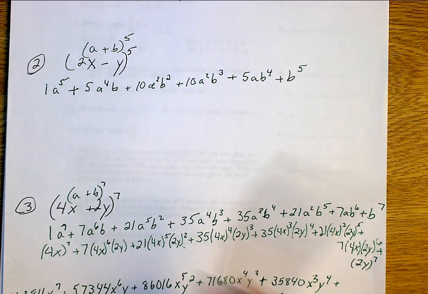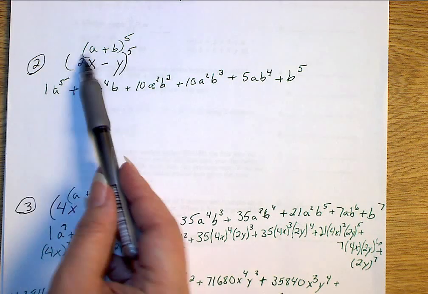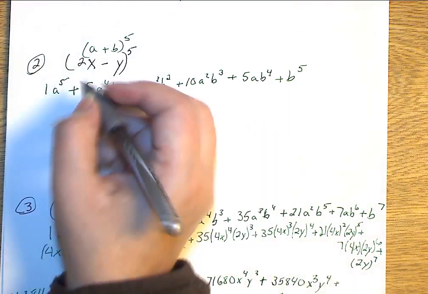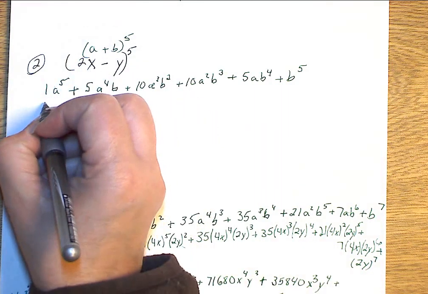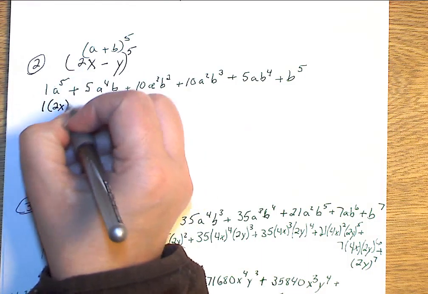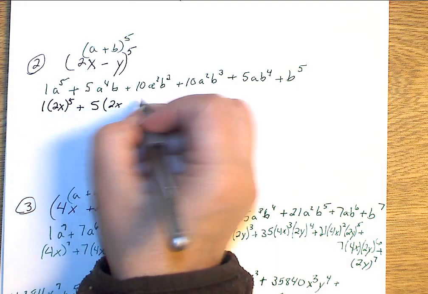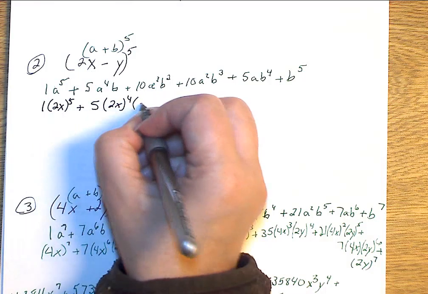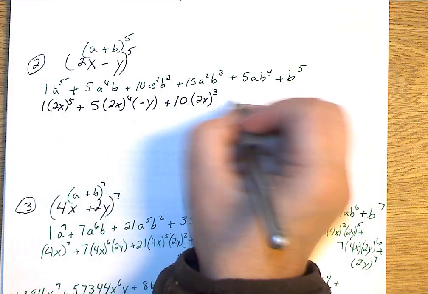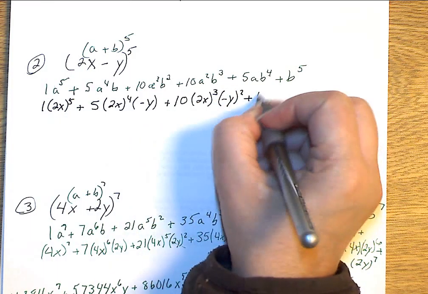So that you can, oh, and then I didn't put it back to x's. I did it for substitution, but then did I even finish it? I probably didn't even finish this problem, did I? No, I didn't finish it. That's why, because I was going to come back to it and didn't. So this would be 1, and then I'd have to insert my 2x to the 5th plus 5, 2x to the 4th, and then minus y plus 10, 2x to the 3rd plus negative y squared plus 10, 2x